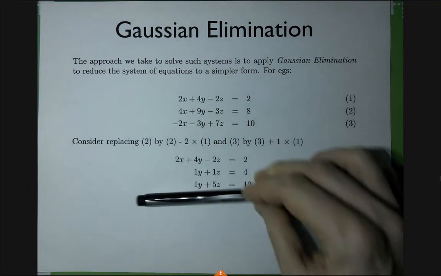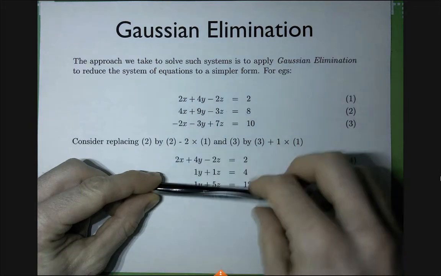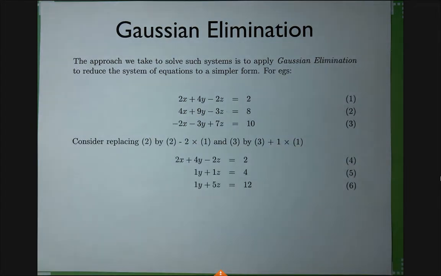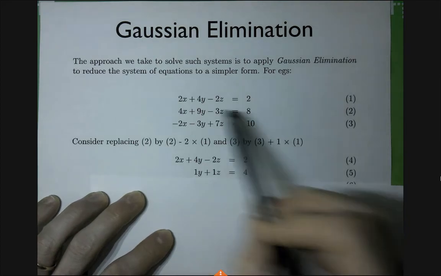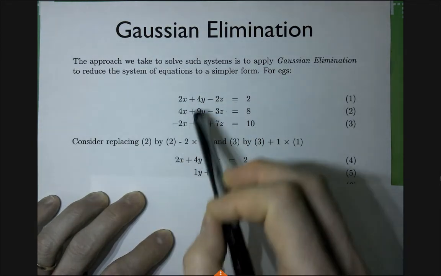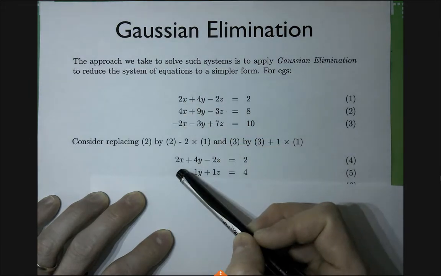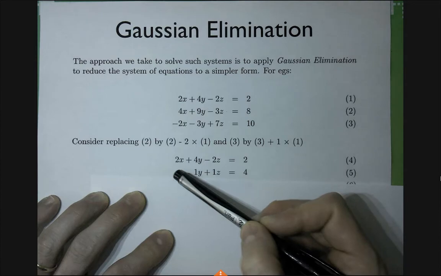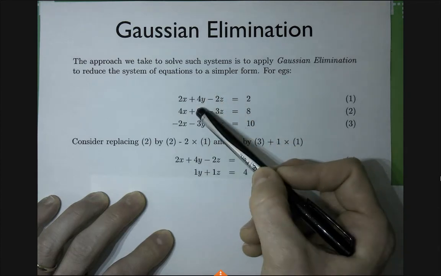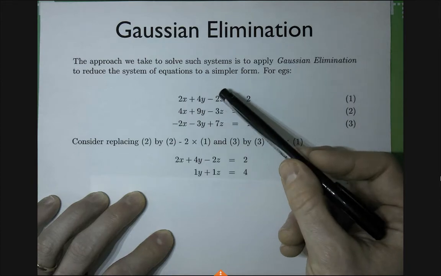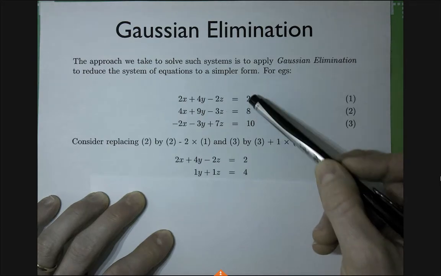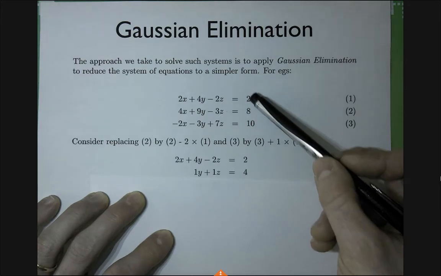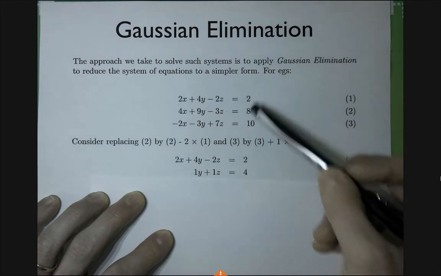So we do -2 times the first equation. We are working on this one. So we take the first equation and multiply by -2. That gives me -4 plus 4, which is 0. That was actually the point. That's why I multiply by -2, so that the first element disappears. -8 plus 9 is 1. 4 minus 3 is 1. And the same thing goes for the right-hand side: -4 plus 8 is 4.